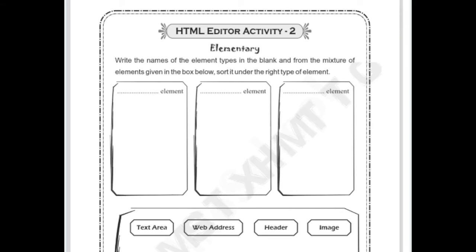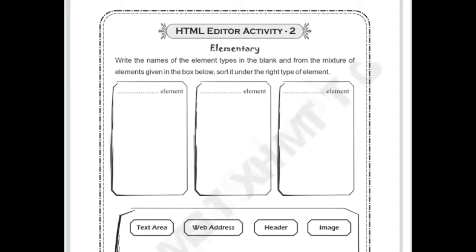For understanding websites, they are giving this activity. It's very simple. You have to write the elements, and under those elements the icons and names will come. Three segments are given here. For example, text area, and under it you can see text field, plain text. Like that you have to categorize and write down the element name and its answers.